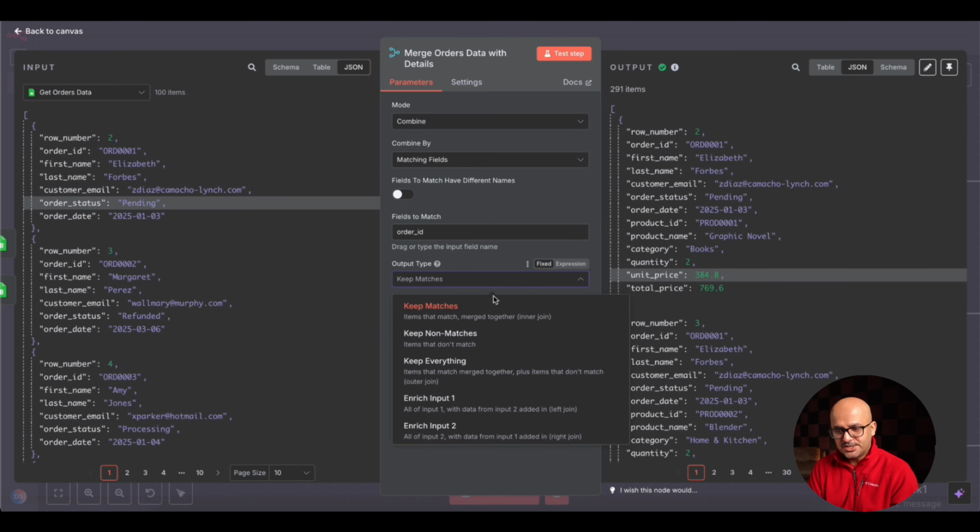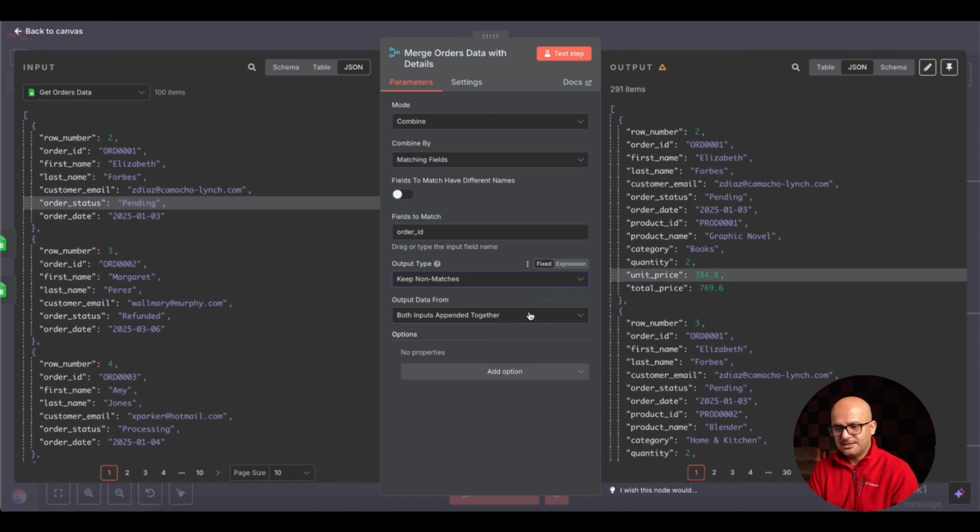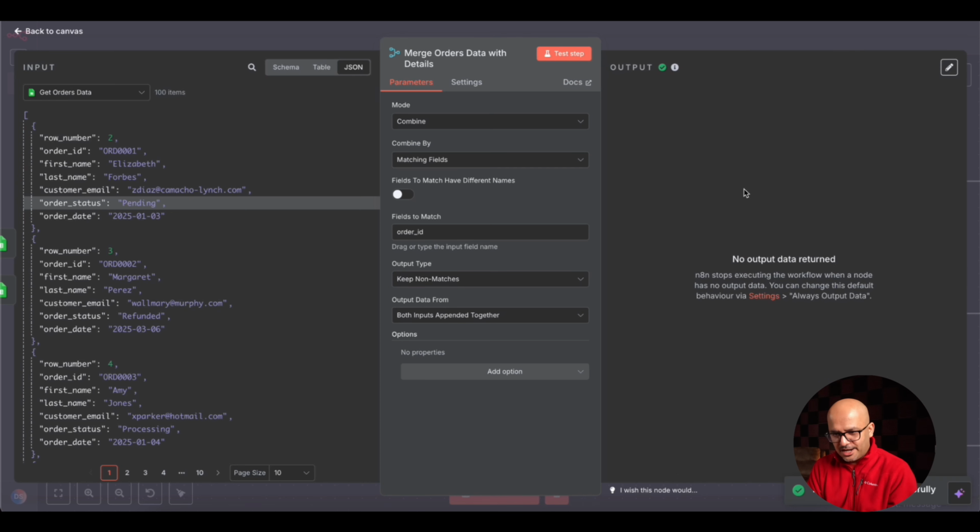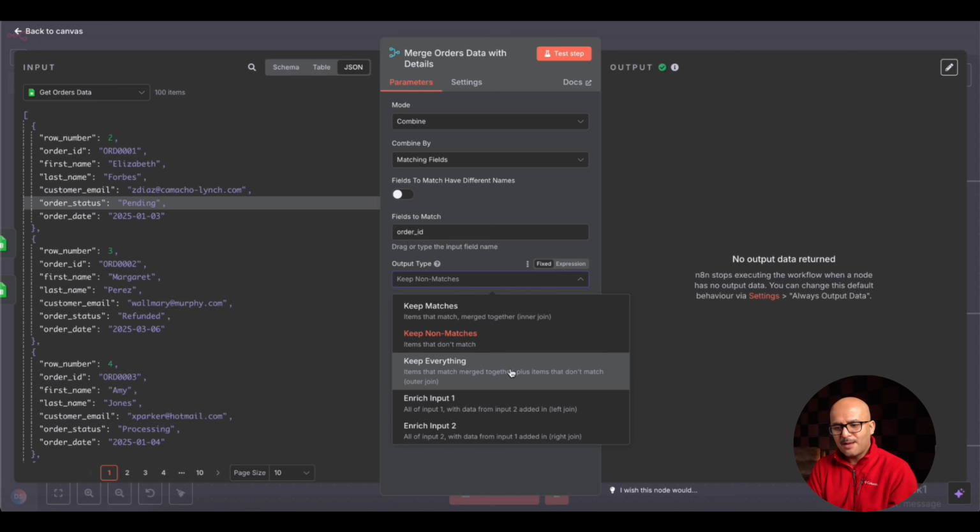Now if I change it to, let's suppose, keep non-matches, let's do that and see what happens. Because in this scenario each order has a corresponding entry in order details, this should return 0 to us. If I click on the test tab, you can see no output data is returned. Let's see what happens in the third one. What this says is, you can see items that match merge together plus items that don't match.